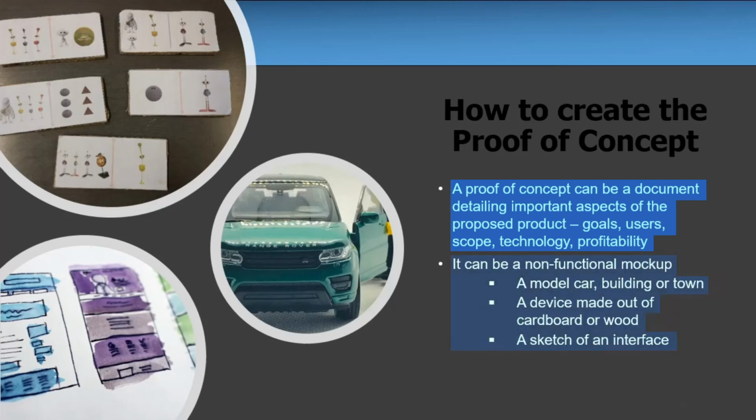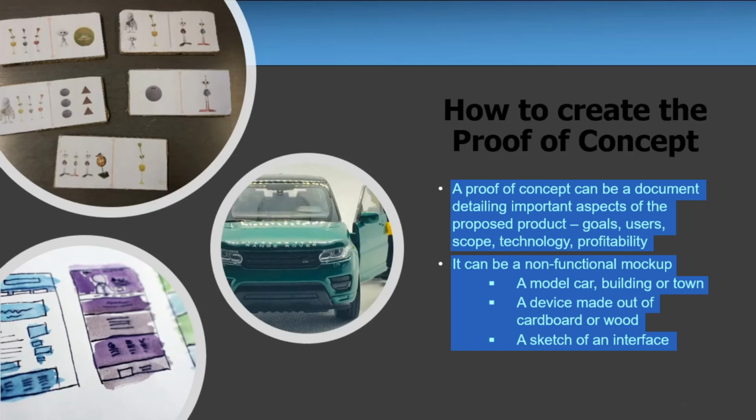But as well as being a document, it could also be actually some physical but non-functional mock-up. For example, your proof of concept could be a model car that you show to people to find out if they like the look and the idea of the design, more so than the functionality, which is something that you will solve when you start to build the product. So it's a model car that just gives that kind of look and feel that people can have an instant reaction to and say, yes, this is a car that I would be really inspired and interested to buy, or this is something that doesn't look very nice.